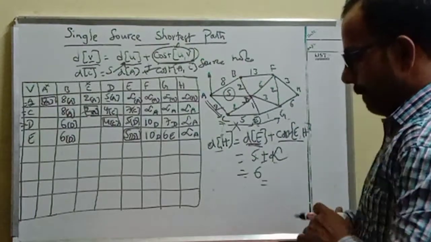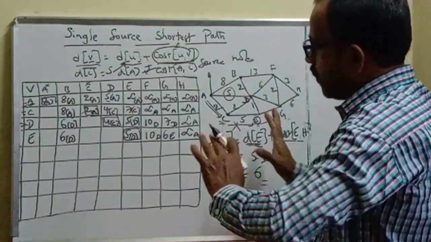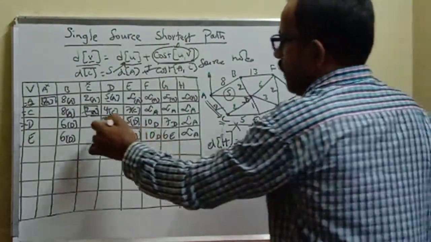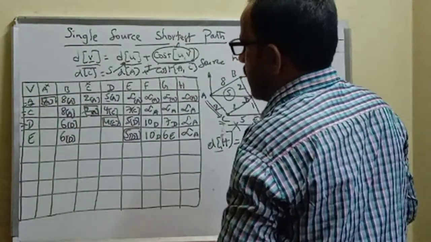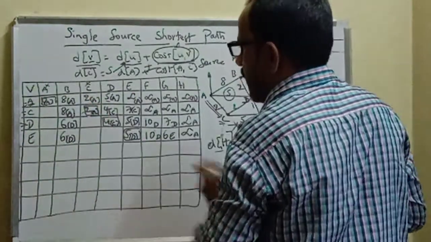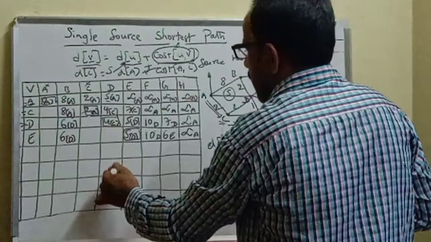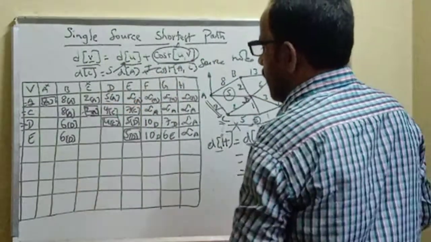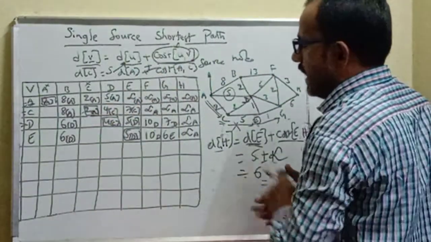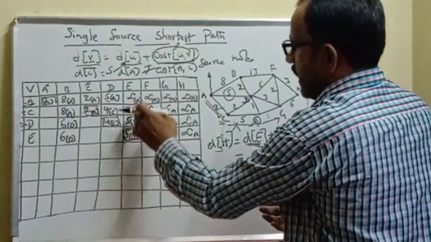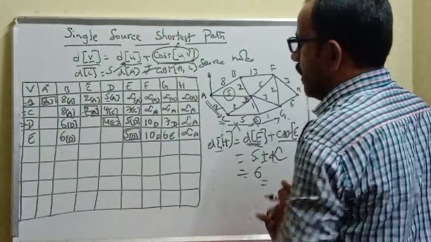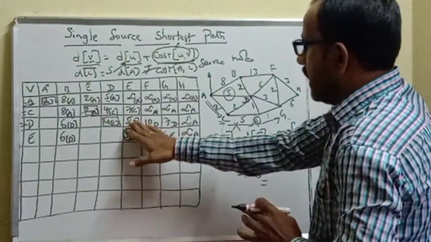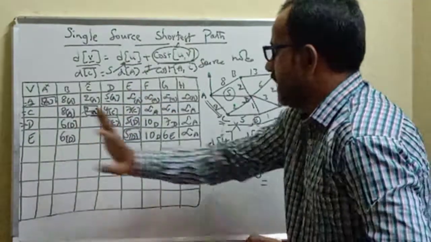Okay, then. Once row filling is over, we are not going to disturb C, because C is already selected as the intermediate node. Anyway, we cannot select A because A is the source node. And now D and E are already selected. D is selected in the previous row filling because that is the nearest node from the source, and this is also the nearest node in this row. Just by comparing all the rest of the values, 5 is minimum. That's why we selected E as the intermediate node.